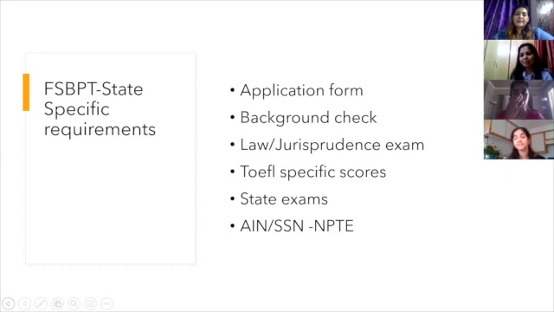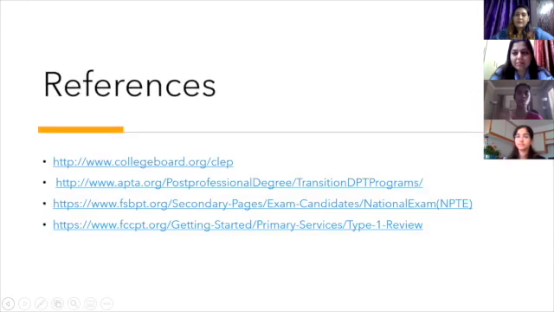Yeah, so the way CLEPs work is there are different sections. There are sections of human sciences, so it's like sociology, psychology. There's mathematics, so you have algebra, geometry, logic. Then there's sciences and all of that. So go up on the website for FCCPT, see in which domains you are deficient. And then depending on your deficiencies, which will be listed on the FCCPT report, you may have to take one or two